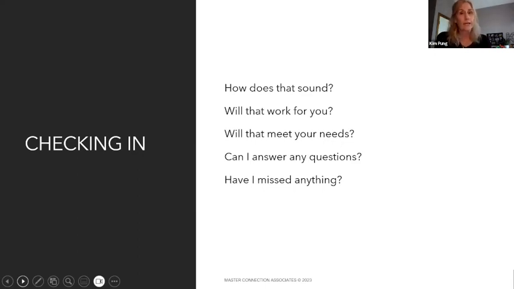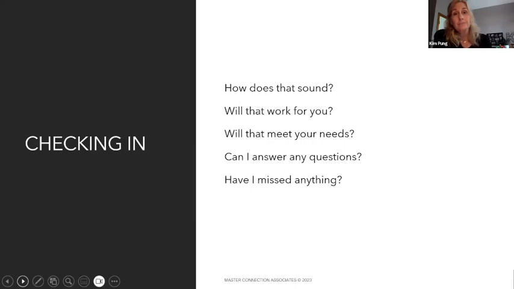We want to check in, one, to get agreement, two, to make sure there aren't still any hesitations, right? This is like a trial close. If we feel like we resolved this concern, we're going to be more likely to be able to move toward the close at this point. And it's a great time to move to a close after you've overcome an objection, because now they're feeling pretty positive about what can happen or what the result is going to be.